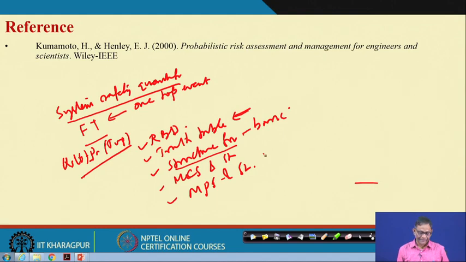Now, when the fault tree is very big, it will be very difficult to find the structure function from the basic fault tree. It is better to convert the fault tree to the equivalent minimal cut fault tree or minimal path fault tree, and then you will have only two gates, OR and AND gate.